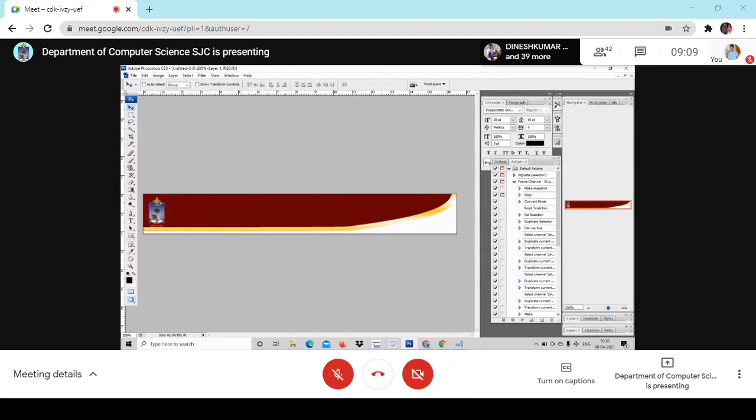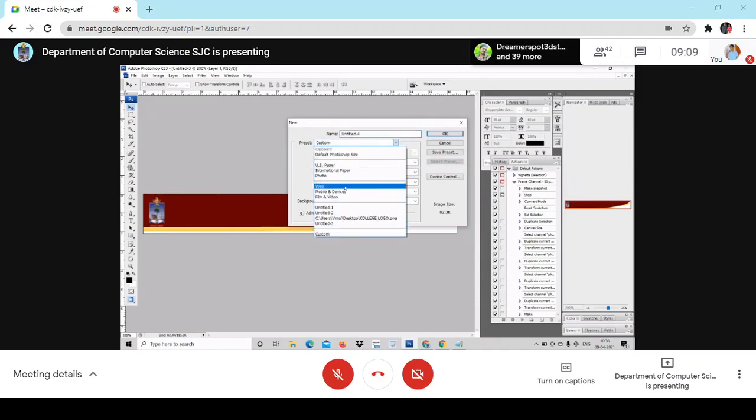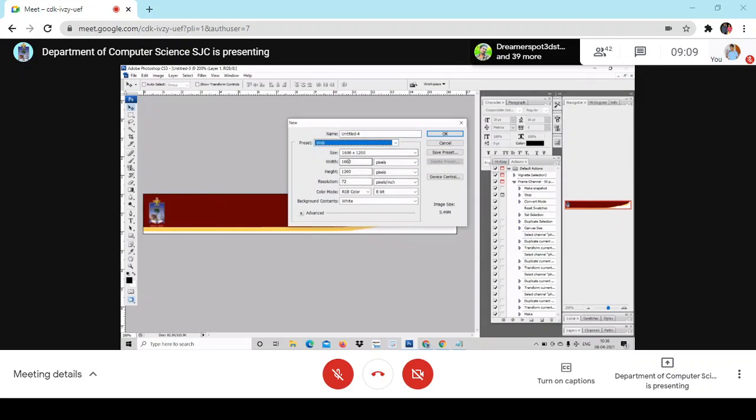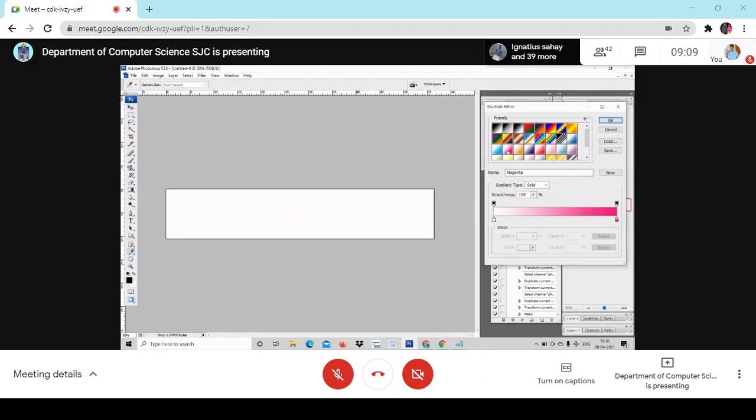The size that we have chosen is not that great. So you will have to please choose the size properly. One minute, I go back and do it again. For example, I just go for web. See, I just click web. 1200, 1600. The width is supposed to be 1600, and the height, instead of 1200, I can go for maybe 300. I just click 300, right? Now look at here. I'll get considerable size, right? From here, I just use any color, maybe the green color that I chose this time.